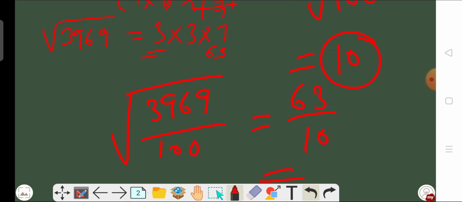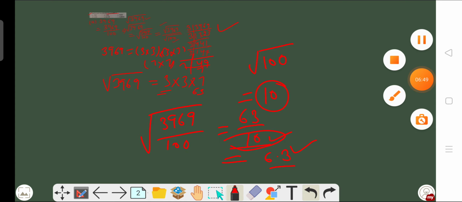Now if we have a number of 0s after 1 in the denominator, then we have to put the decimal after the unit place. So the unit place is 3, put the decimal here and 6. By this method we can remove the denominator 10. This is the required answer of your question number second A part. This is the method by which we can find the square root of a decimal number, beta.